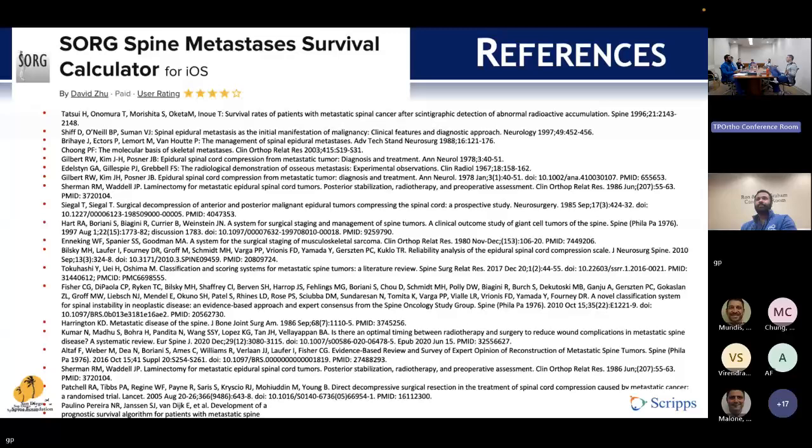You're hardly ever going to be the primary; even if you find someone in clinic, when you admit them, they're probably going to be admitted to medicine. So your role is to figure out how to direct the care of the spine. What are you using to help direct the care? I think imaging and a combination of these classifications. I think the Sorg would probably be the best one, but imaging to tell me, is this something that needs directed tumor care, surgical decompression, or is this something that would be radio responsive that can just be managed through that without surgery?